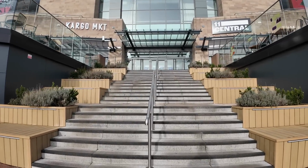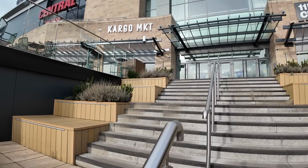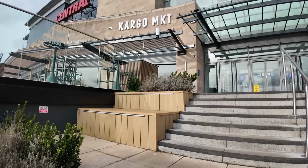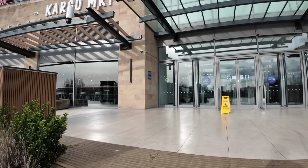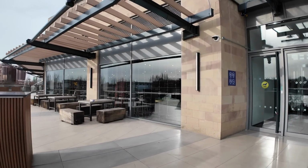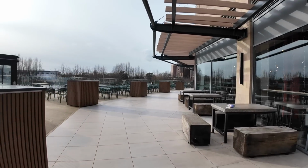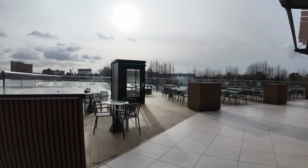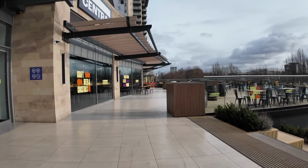Okay, and I think here it is, the place that I'm looking for. KARGO MKT. Let's head up and head in. Actually, just looking at the outside, I think you've got a lot of outdoor seating. So no one here right now because it's winter. I can imagine in the summer